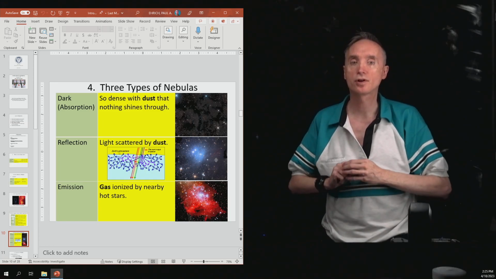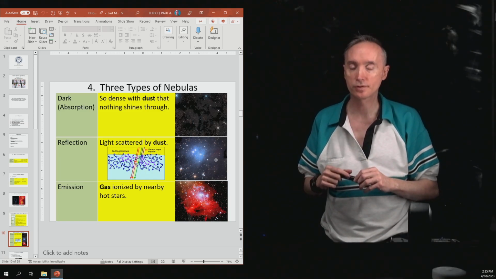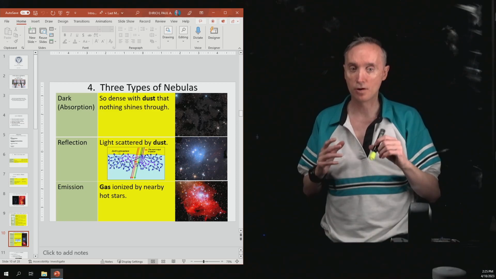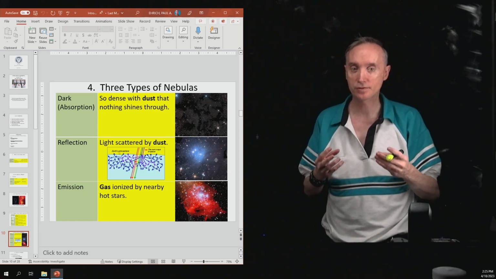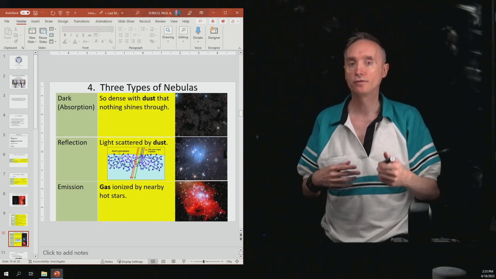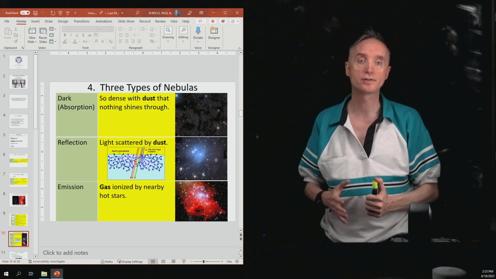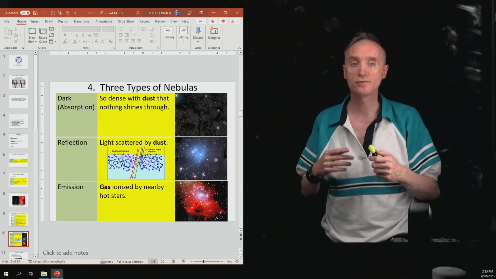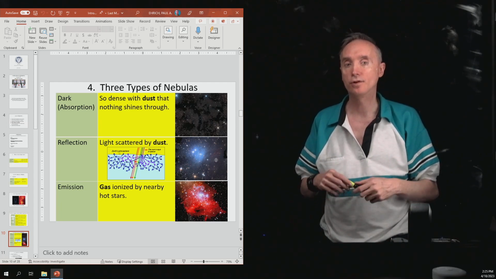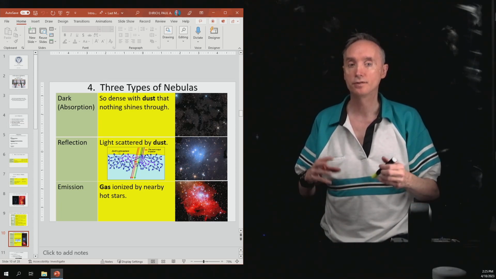So now we want to talk about three different types of nebulas. All three of these are going to be big gas clouds. The first kind of gas cloud is going to have a lot of dust in it. And so it's going to have so much dust that you're not going to be able to see the stars